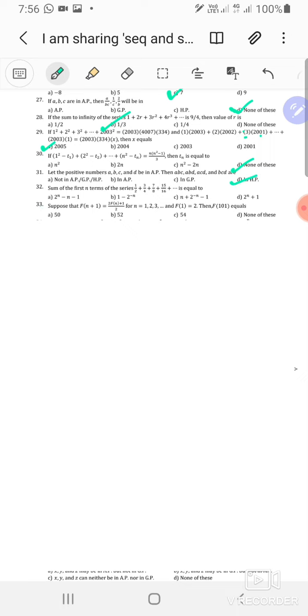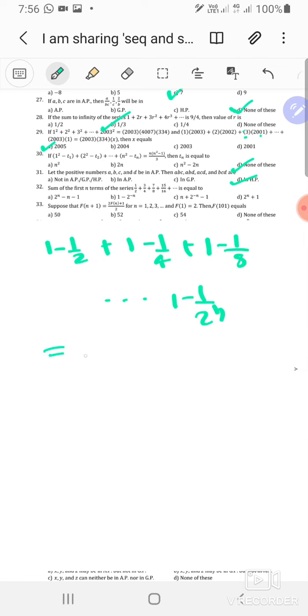Fine. The sum of the first n terms of the series 1/2 + 3/4 + 7/8 + 15/16, till n terms, is equal to, well, 1/2 is just 1 minus 1/2, and then 3/4 is just 1 minus 1/4, 7/8 is just 1 minus 1/8, and it is going till n terms, so 1 minus 1 upon 2 power n, that has to be n minus half, and then you got 1 minus half raised to the nth power